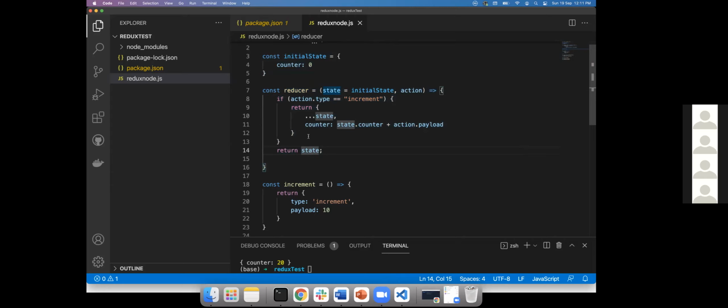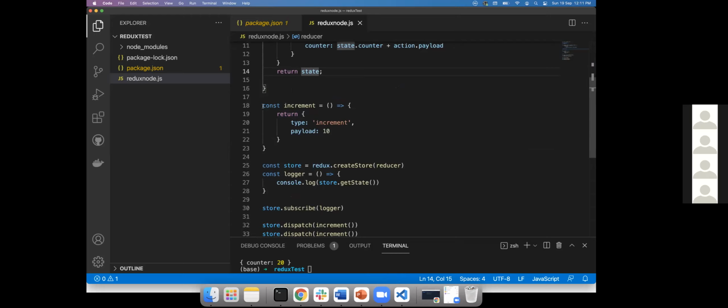There is also something called actions in Redux. An action is a function that returns a plain object that tells what to do.